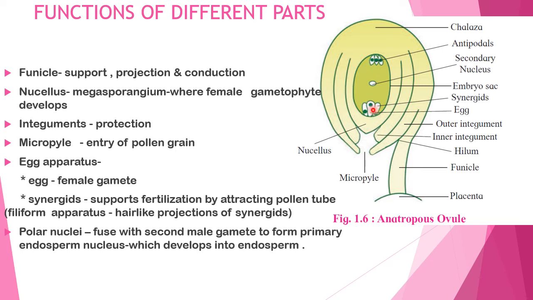One will be for fertilization, that is primary fertilization, zygote formation. The other one, the second male gamete, will be coming over here to the polar nuclei. Now we call it the secondary nucleus, which is diploid. So the second male gamete fuses with this and forms the endosperm nucleus. That is its function.